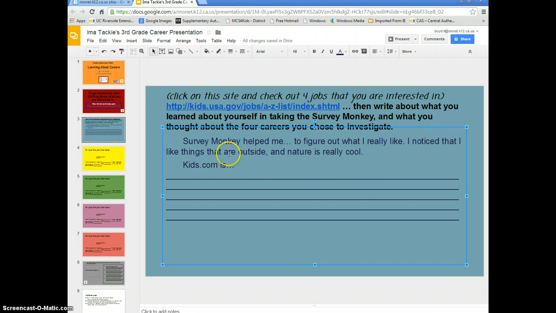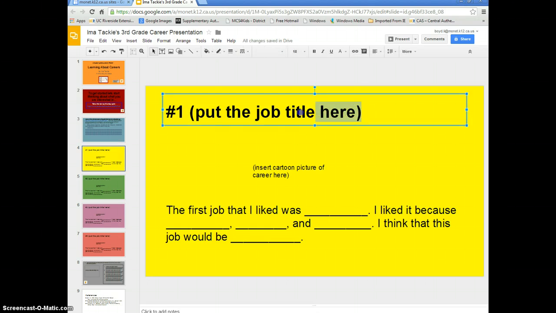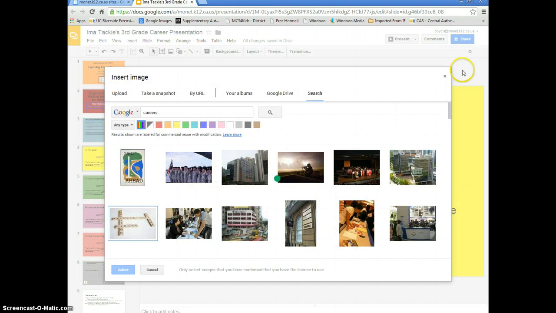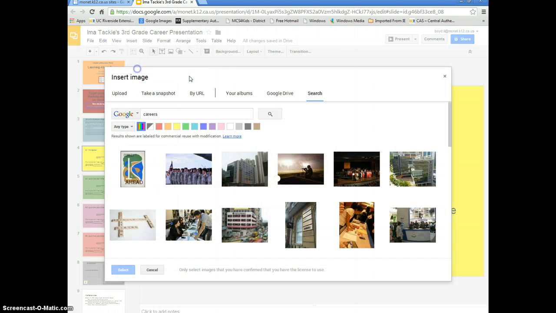Okay, now during the job search, you're going to find 4 different kinds of jobs. See up here, click on this site, check out 4 jobs that you are interested in, and here is where you're going to put them. You're going to put the title here, like let's say one of them is a forester. Okay, and then I can go ahead and go to image. Whoops, I don't want to do that yet because I get out of that. Okay, image, insert image, and put forester